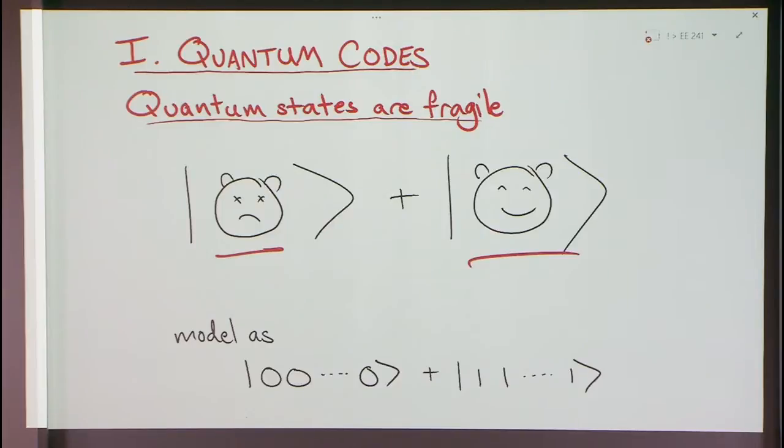And so one way you can model this, as a toy model, is to think of this as states of the classical repetition code. So 0^n plus 1^n, where 0 is, say, the dead cat, and 1 is a live cat. These individually are pretty stable states. If you take a dead cat and you flip one of its qubits, one of its atoms around, it's still a dead cat. So the repetition code is somewhat appropriate. If you take a live cat and flip a qubit around, flip an atom or something, it's still a live cat, basically. But if you take a superposition between the two, then you can see very quickly that if you just measure one of these qubits, you collapse the whole state.